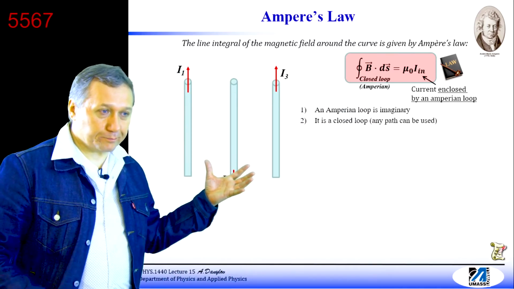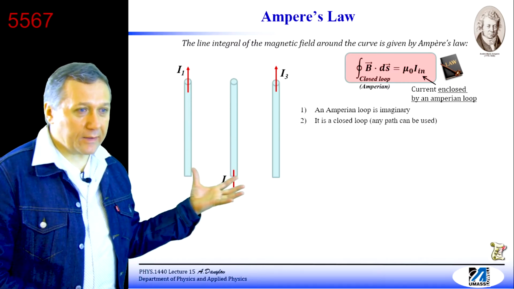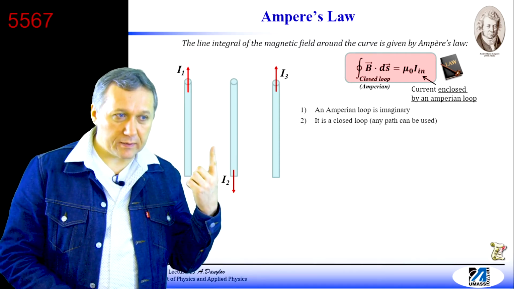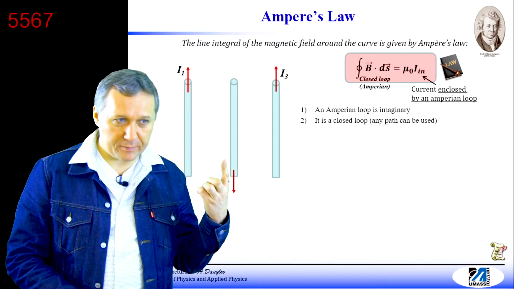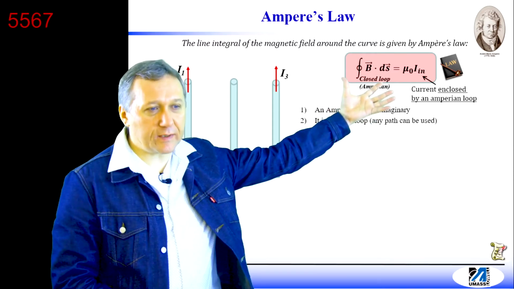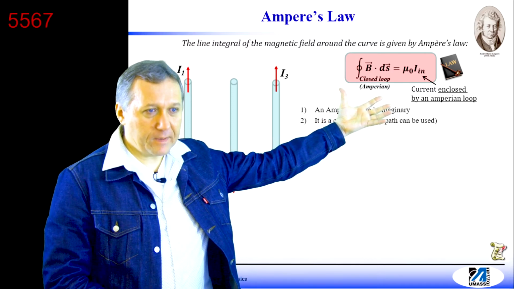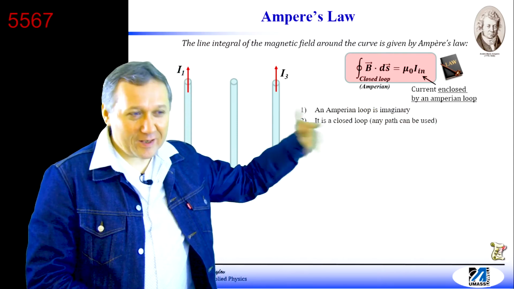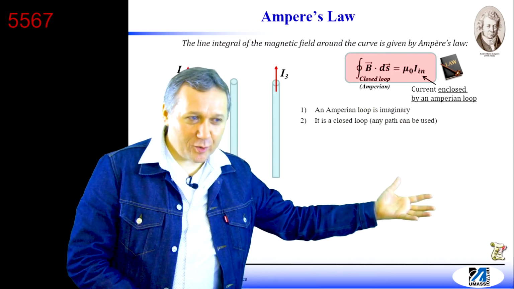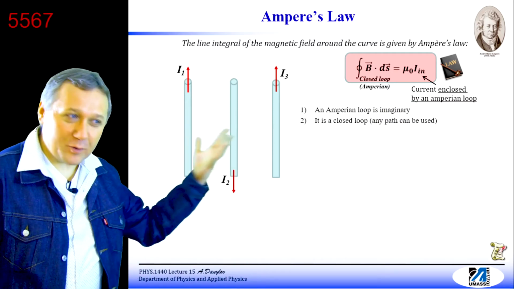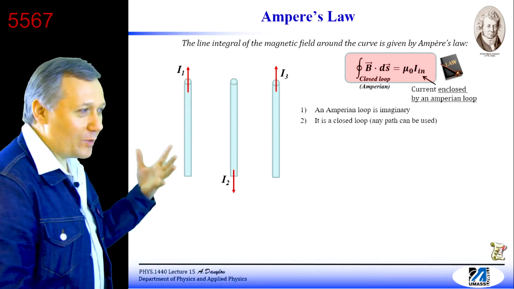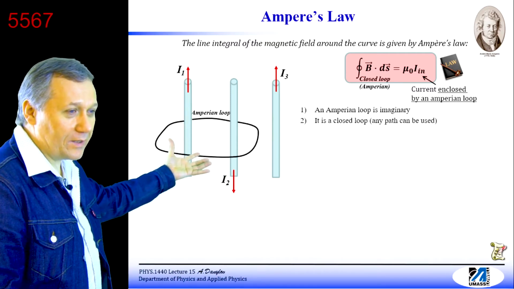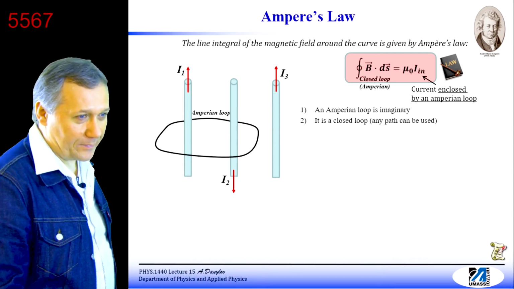Now before you start applying Ampere's law, as the first step you have to pick an Amperian loop. It's the first step, because without that step you wouldn't be able to start integrating, and you wouldn't be able to tell which currents are enclosed. In Gauss's law we had charge enclosed, now we have current enclosed. Lots of similarities. Even the way we're going to handle this law will be very simple. Okay, so as a first step, pick an Amperian loop. Let's say I pick this one. Then, second,